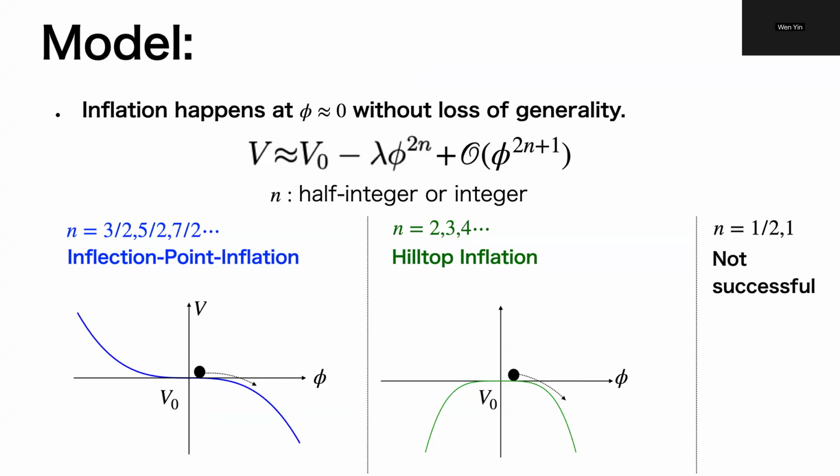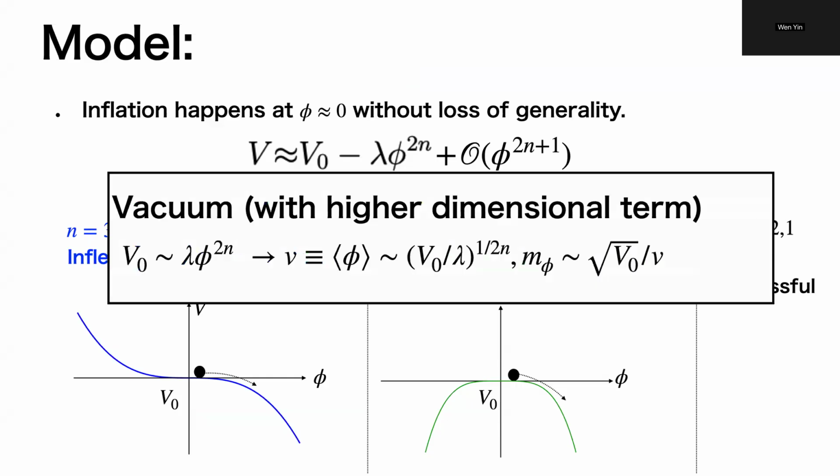of phi. Before going into detail of the inflation dynamics, let me briefly mention the vacuum structure. Of course, this depends on some assumptions, but just for simplicity of today's talk, I consider that the higher dimensional term just stabilizes the potential. Namely, thanks to this phi to the 2n plus one term, or even higher, we can have the vacuum. This vacuum means the vacuum energy is zero. Therefore, due to the leading term, the scalar field settles to the minimum, and the field excursion can be just calculated